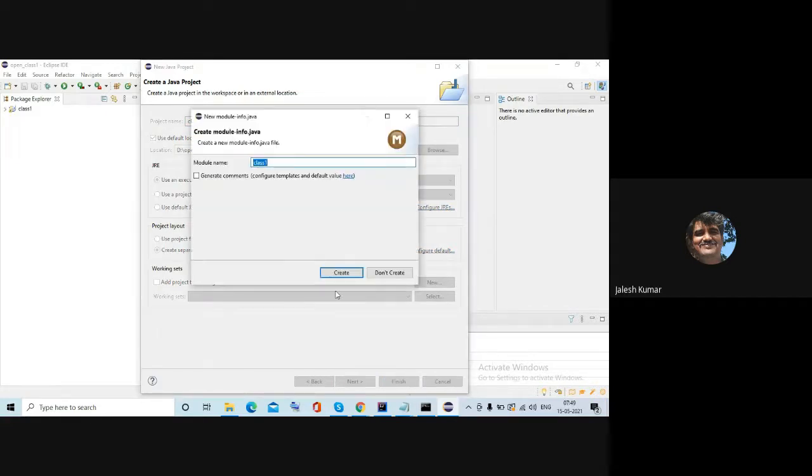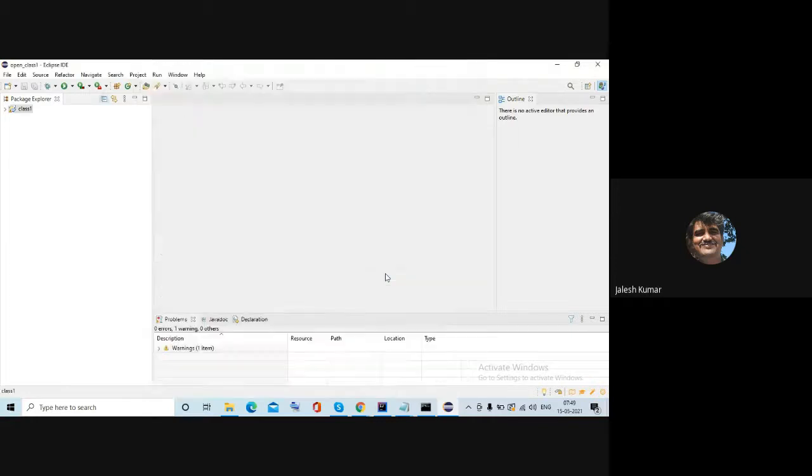After that finish, it will ask you whether to create any module. Don't create. See, one class folder is created. What is this? That I'll tell you later. Okay, for the time being, when you first start, you create one Java project, and the folder will be created. Go to that folder, then right click on that.